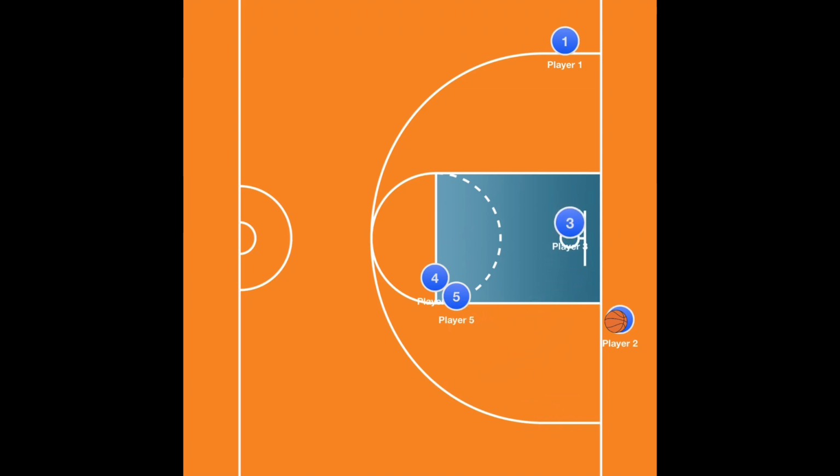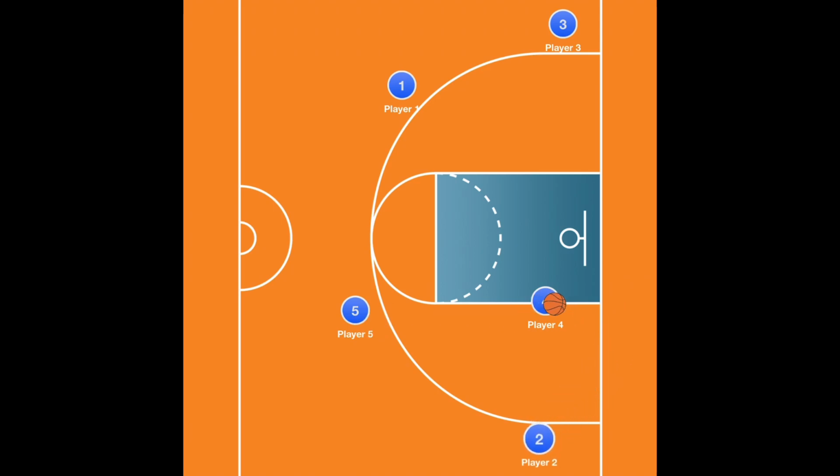and from that position, we would push the one to the wing and end up in the corner. The last action would be that the 4 will dive towards the ball and the 5 will pop out over the top. Wherever the ball is passed to, whether it's the first two cutters or into these two interior players,